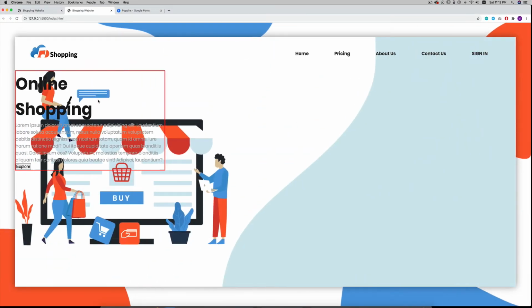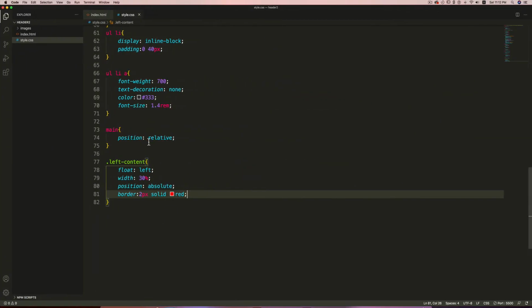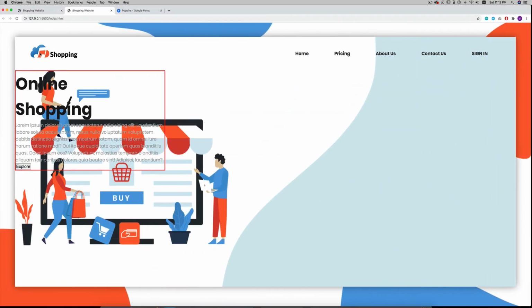Now I'm going to position it relative to this main container. That's why I have added position relative to the main, so that this left content moves relative to it. If I had positioned this left content absolute without adding position relative, this left content box would move relative to the entire width and height of the viewport.